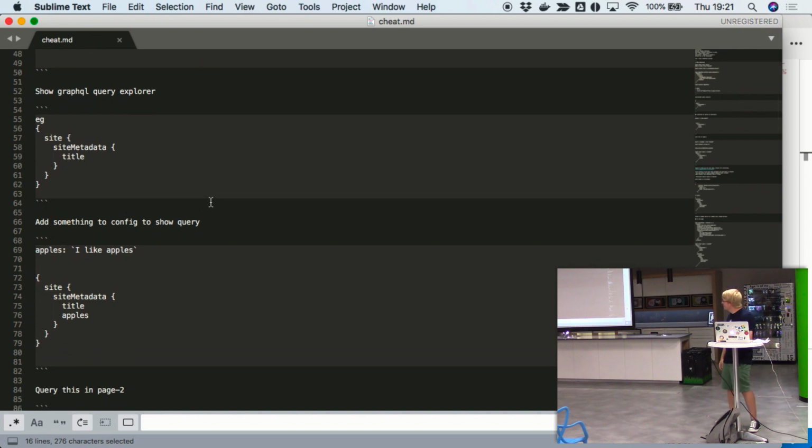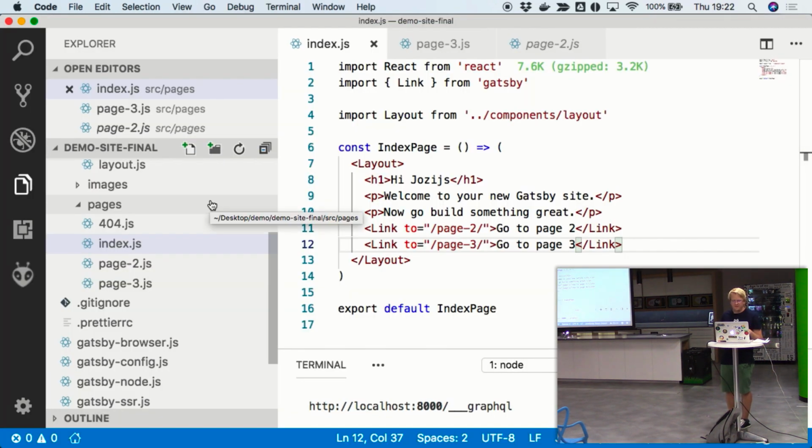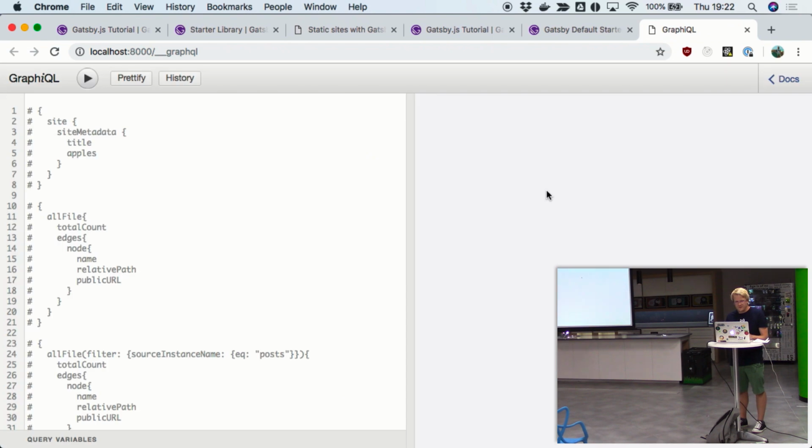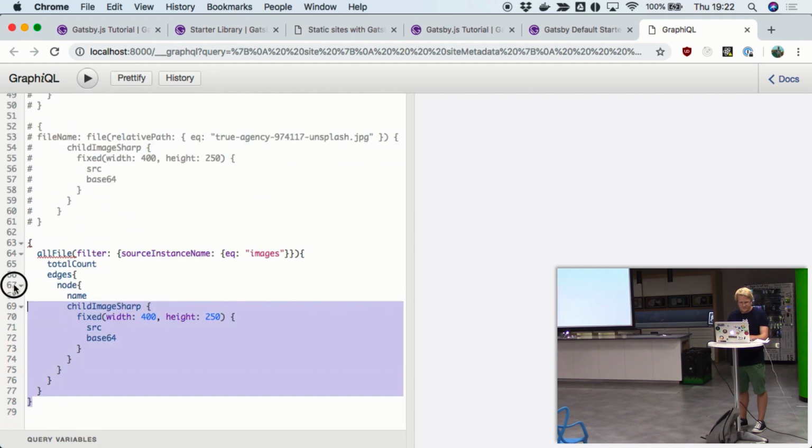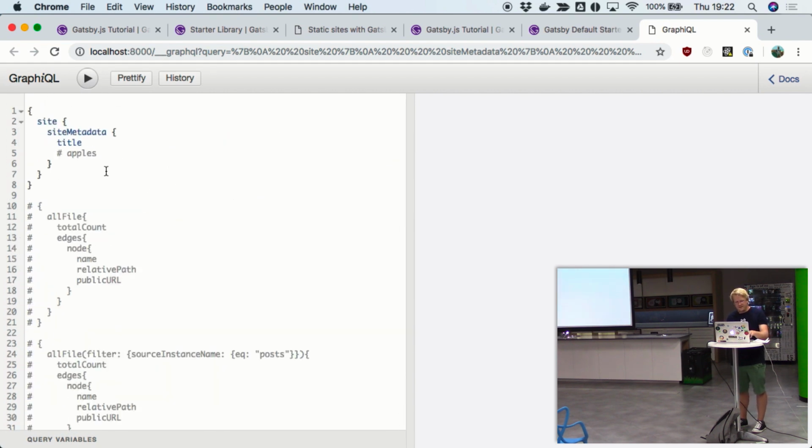Okay, then, so like I said, the way you get data into Gatsby is with GraphQL. All right. So let me just show you. They give you a GraphQL Explorer over here. Okay, so this is also running on that localhost thing, and you can just query something. So if we look over here, sorry. Okay, so I'm going to query this site metadata title, and that's what I get back.